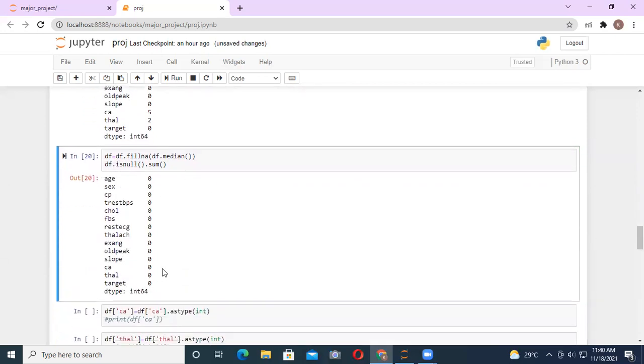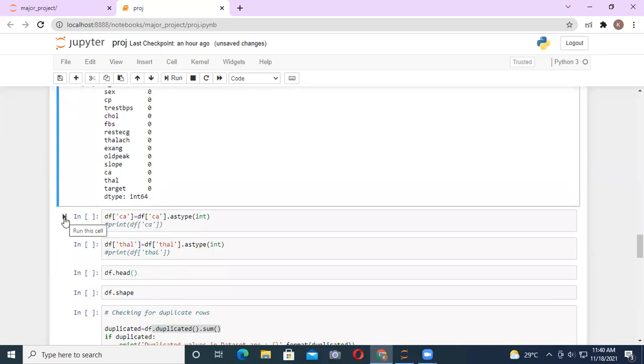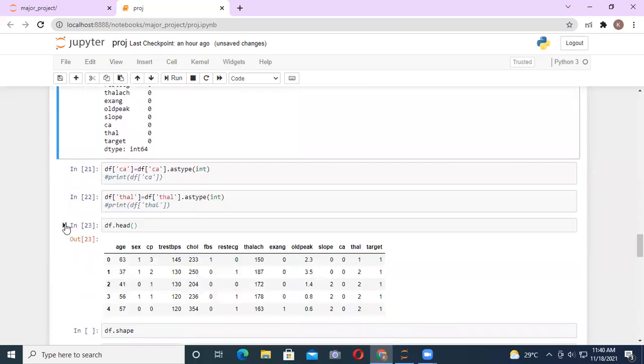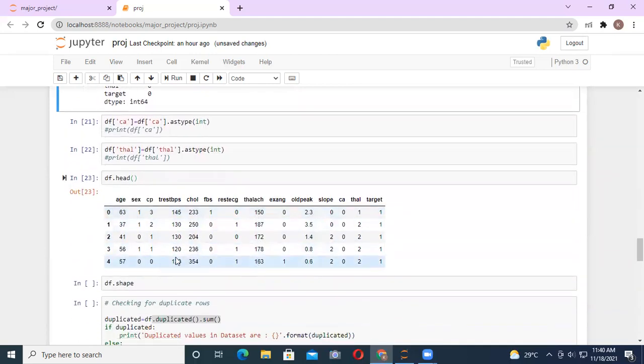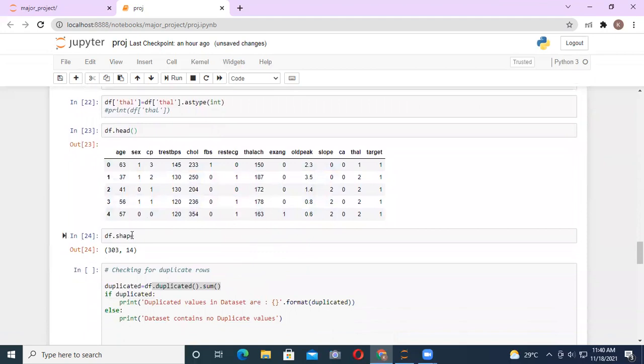Now the data is free from NaN and inconsistent values. And finally, we try to convert the data type of CA and thal to int. This shows the resultant data frame. The shape of data remains unchanged, that is 303 cross 14.